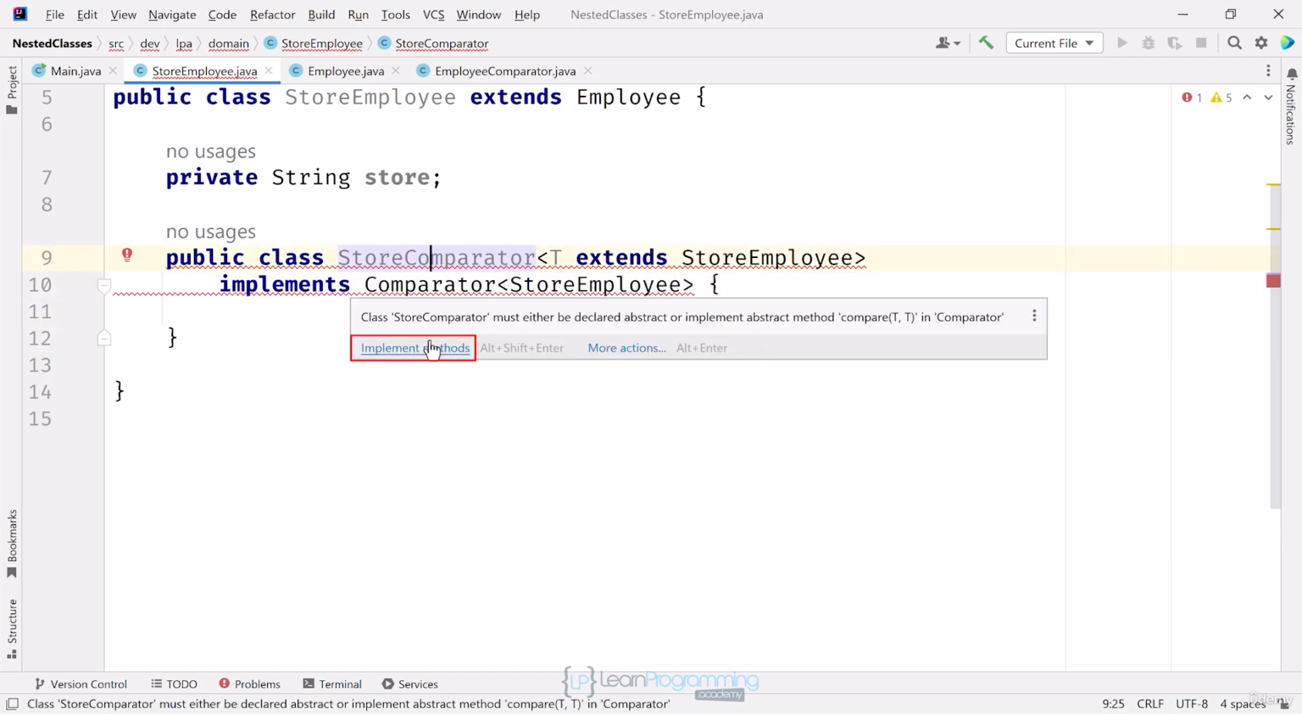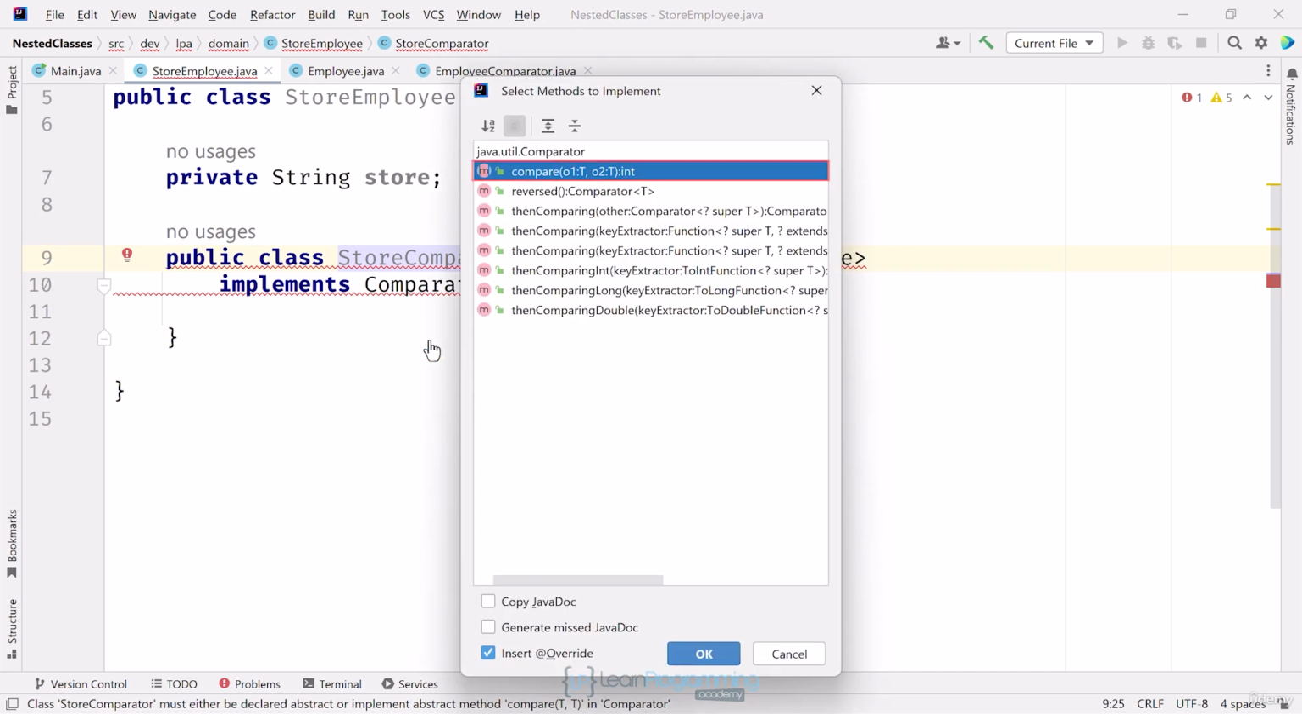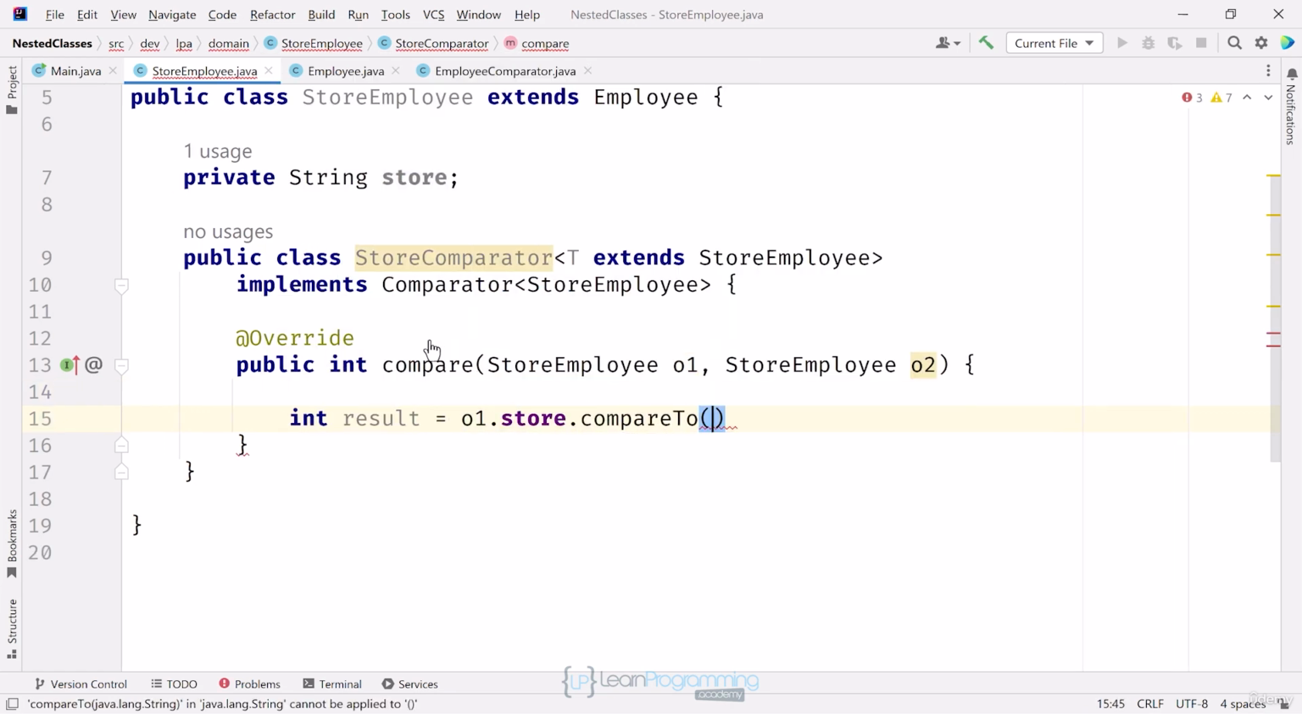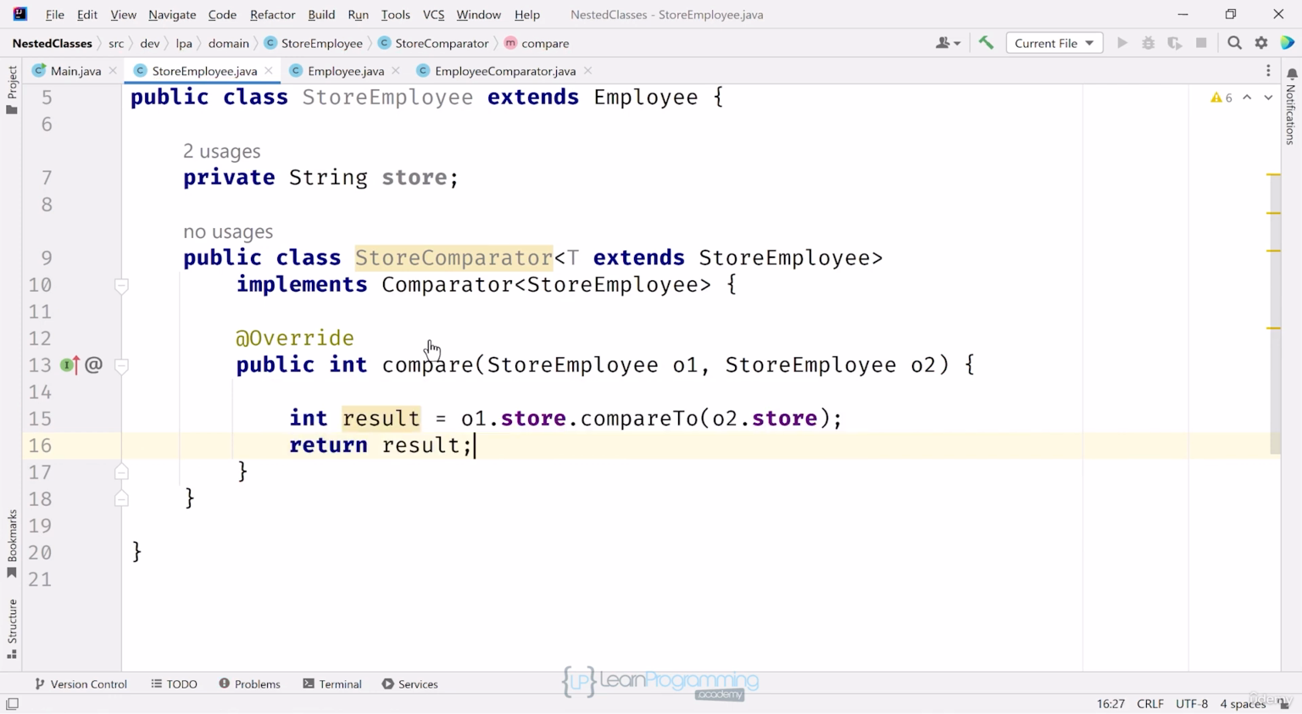IntelliJ tells me I need to implement a compare method, so I'll do that. I want to change the code in this method to first compare the store field. Int result equals o1.store.compareTo(o2.store). Return it. If the result is 0, that means the employees work at the same store, so I want to